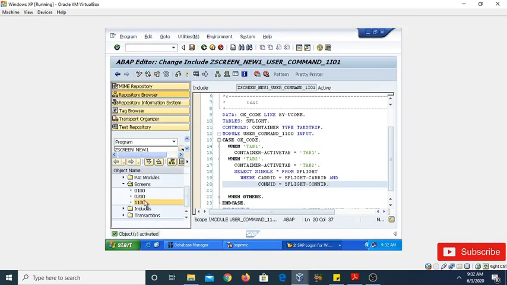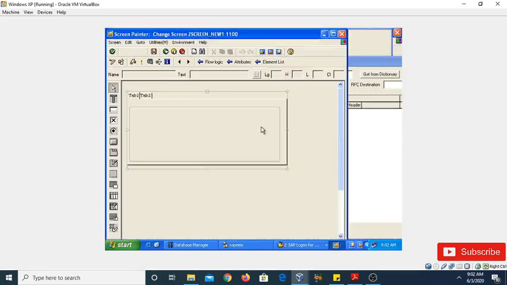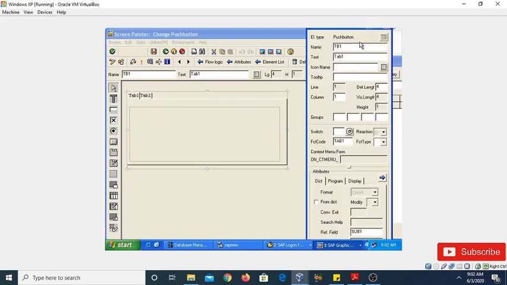Now we can also assign the tab title. So go to the layout. Now give the name of tab 1. Suppose here I am assigning tab 1 the text flight detail.